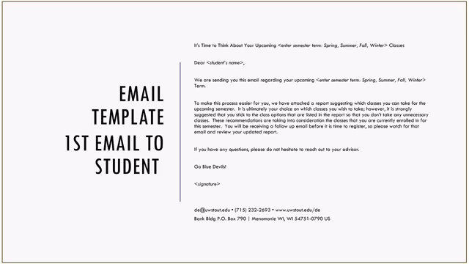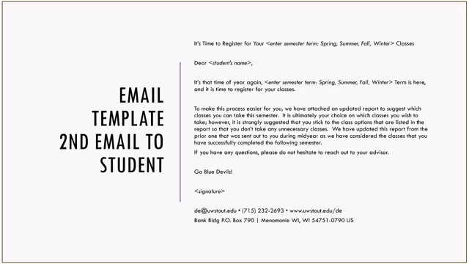And now if you want to look at the second email that is sent out, this email is only for students that have failed a class. This will be sent out after the semester is completed, and this will have an updated chart of classes that account for classes that students did not wind up passing.